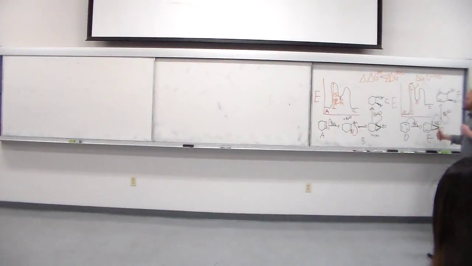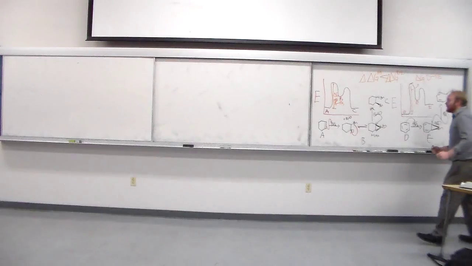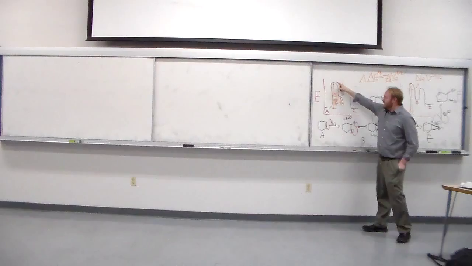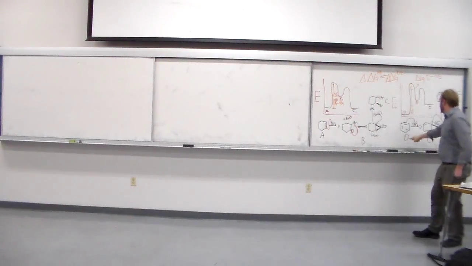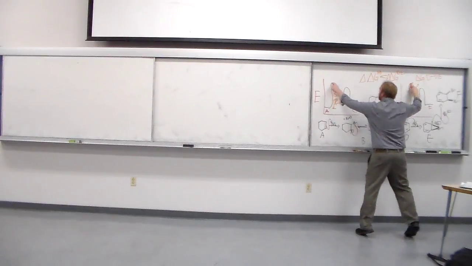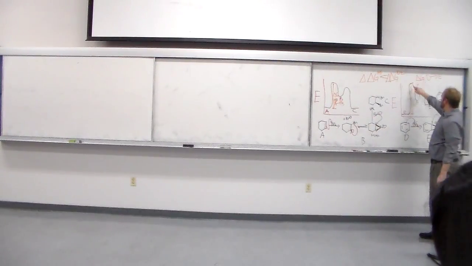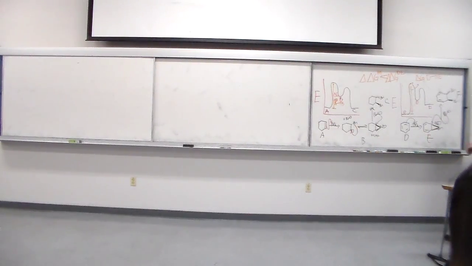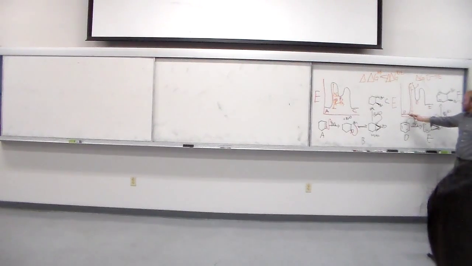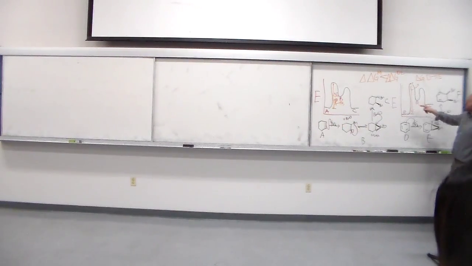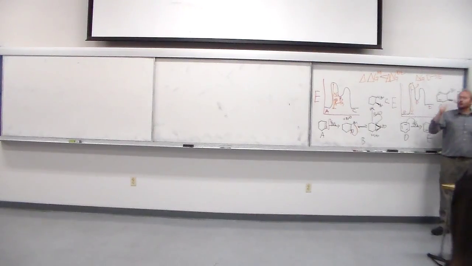Or in other words, activation energy is the difference in energy between the starting material and the transition state to get to the intermediate. So if this is A, and this is D's energy level, then going from here to here, the difference between ground state and transition state is the activation energy. And since an aromatic system is so much lower in energy than a double bond, and hence starts at a lower energy relative to a normal double bond, that means that the activation energy, which we give by triangle G,